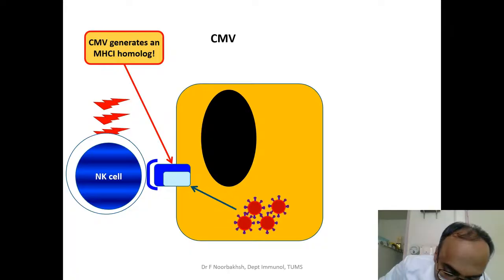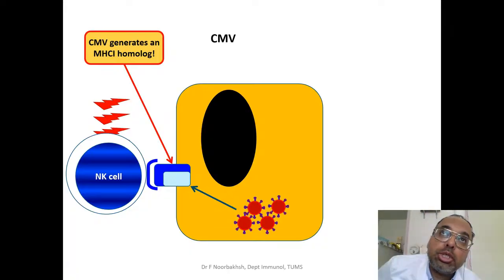In the arms race, we have something named industrial espionage or information espionage. So rival countries like the Soviets, for instance, during the Cold War, were sending spies to the United States to steal the information about how to make weapons so that they can generate something like it. So it's called industrial espionage or weapons espionage. So it looks like CMV, during millions of years of evolution, has stolen the genetic information for how to make an MHC molecule from us.